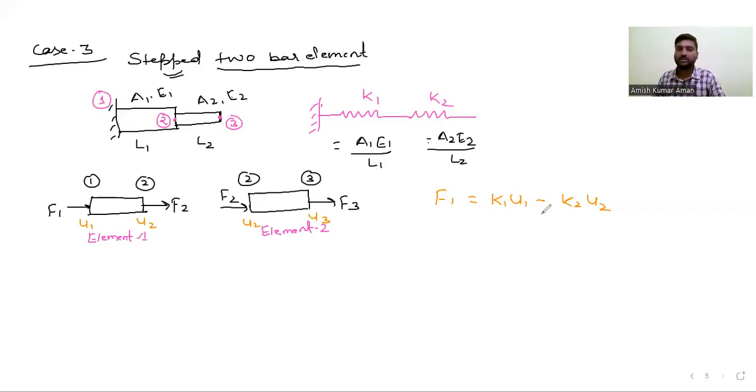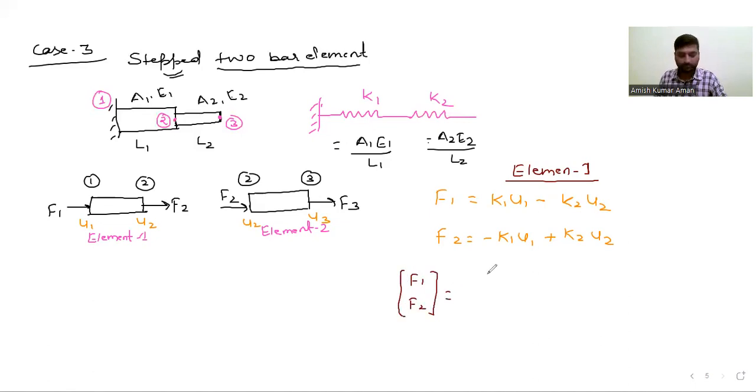So F1 is equal to K1 U1 minus K2 U2. Already in the previous case, just go through the previous case. From there, I am directly writing the equation. F2 will be minus K1 U1 plus K2 U2, right? So this is for which element? This is for element 1, because in element 1, we have F1 and F2. So directly we can write F1, F2